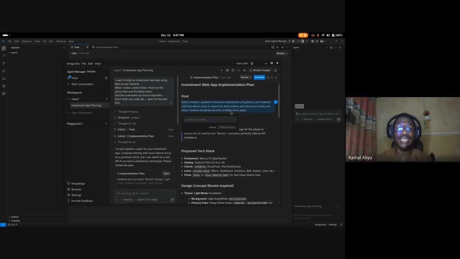This is one of the key advantages of Antigravity over other tools, which I don't think even Windsurf has. If it has, I think we have a Windsurf supporter here. So that's it, you can leave a comment.